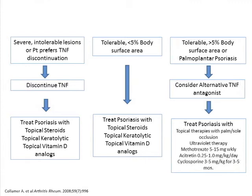So the treatment of these lesions from the dermatologist is topical steroids, as well as salicylates, keratinolytics, topical vitamin D analogs, and sometimes we go on, and we've done this with dermatologists, to treat with cyclosporin or acitretin when it's very severe. As you probably know, this can be a big problem. Also, with the palmar plantar occlusive dressings at night, and sometimes topical agents such as tacrolimus or Protopic can be helpful. For those patients that have less than 5% body surface area, so less severe psoriasis,